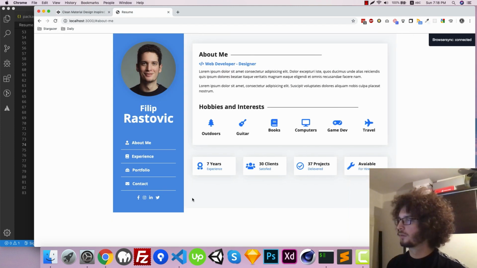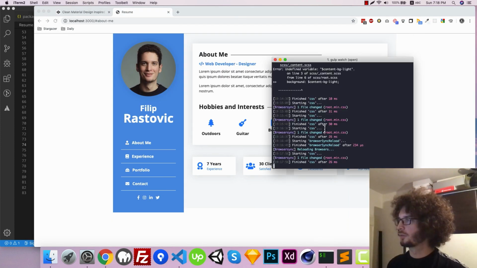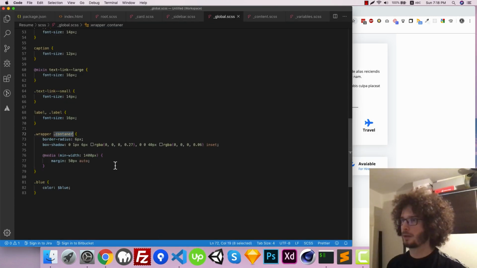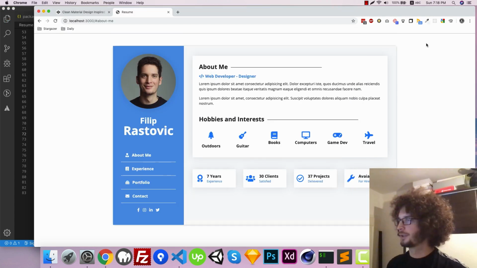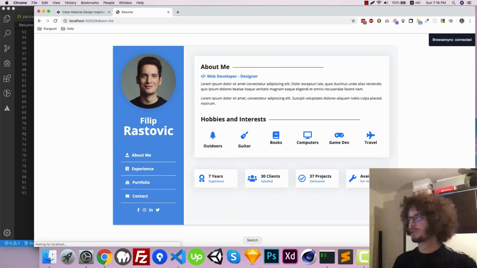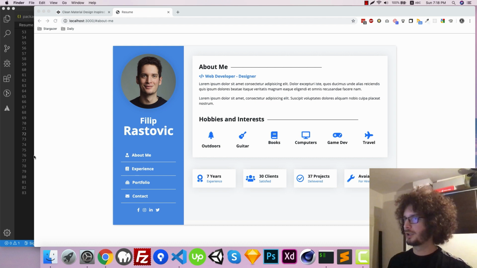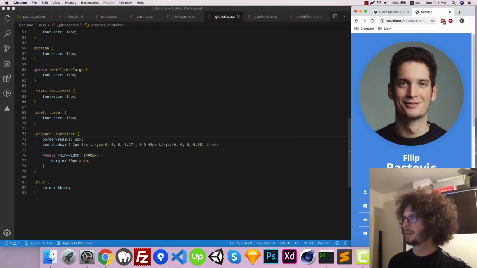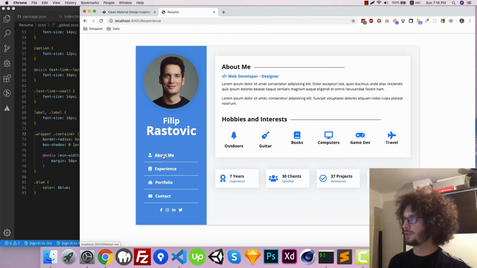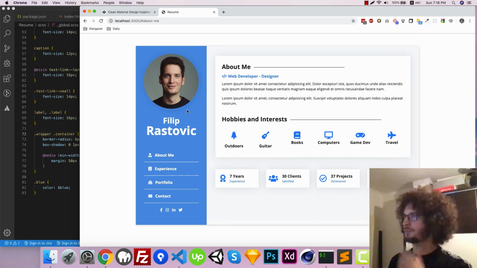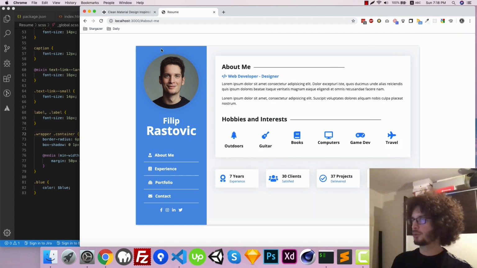Okay, still no shadow. Container, yeah, that sucks. So container was wrongly spelled, but now this is up and running and it's working just the way we wanted. So the about me section should be over now. If we refresh it, we get that nice